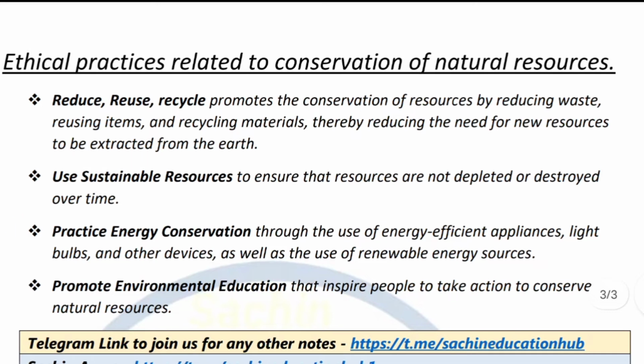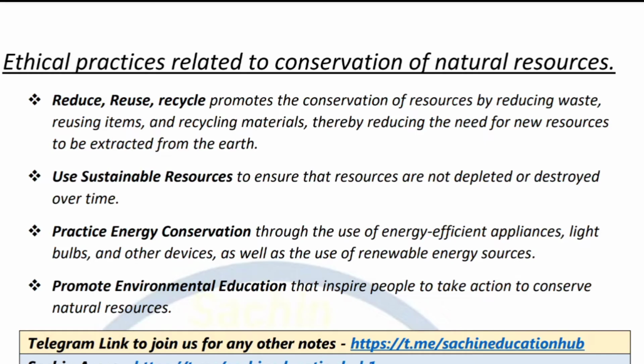Okay, coming to the third one. The next point is related to energy conservation. Today energy consumption is a major issue for natural resources. So energy conservation is important regarding energy consumption. Reduce energy consumption with the use of energy efficient appliances, lighting bulbs, or many other devices related to renewable energy resources like solar energy and wind power, or use the type of resources that consume very little energy.